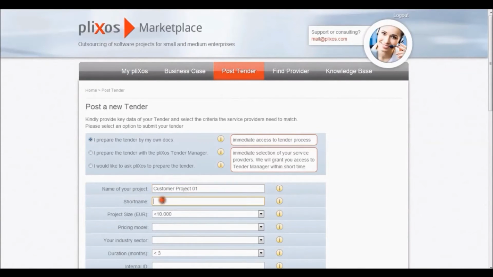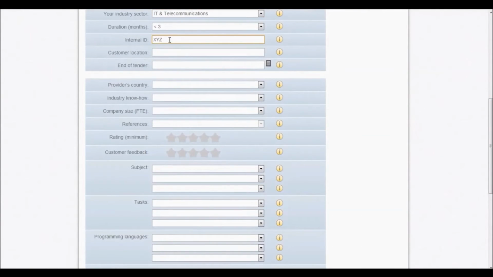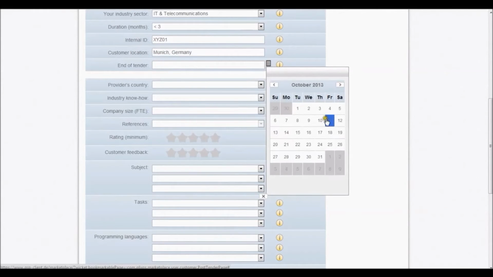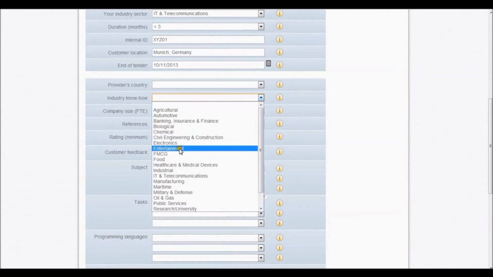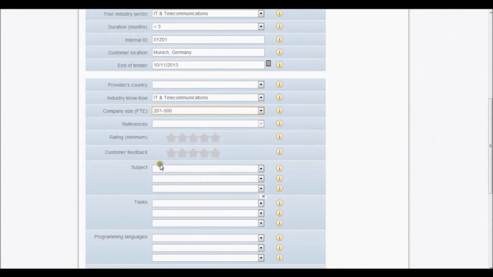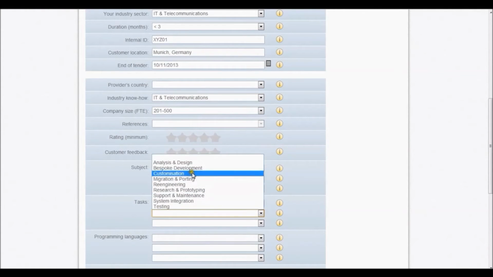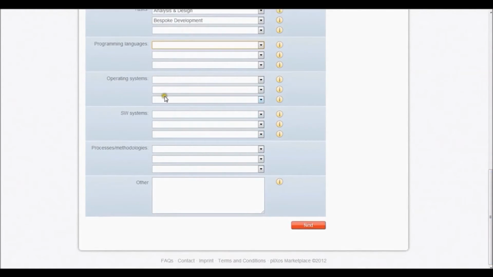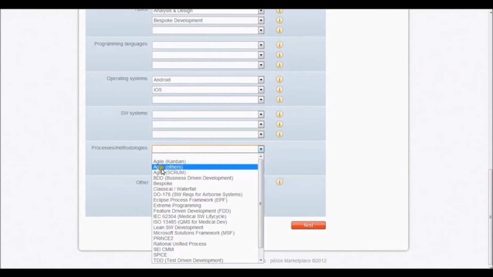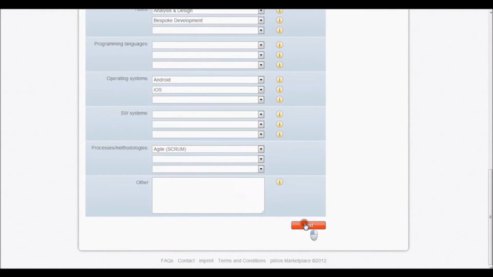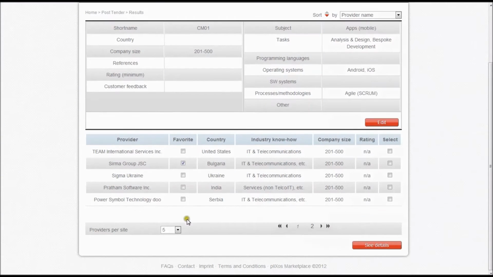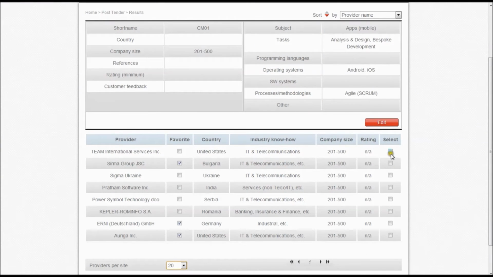Regardless of whether you choose to prepare the tender by yourself or with the help of the Tender Manager, we ask you to provide basic information about your project, ranging from the name of your project down to the deadline. The functionality to search for providers fitting your project is identical to the one provided under the category Find Provider, as already explained. Click Next at the bottom of the page when you're finished and you will see a list of suitable providers. In order to get detailed